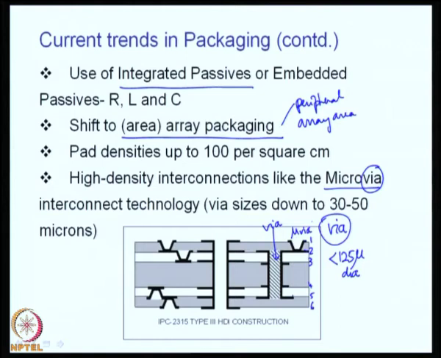Such vias are used in the semiconductor industry also, at the silicon buildup. The same technology is being used at the printed circuit board level. So, there is always a very good similarity between semiconductor manufacturing and PCB manufacturing, which as we go along you will definitely be able to visualize and appreciate.